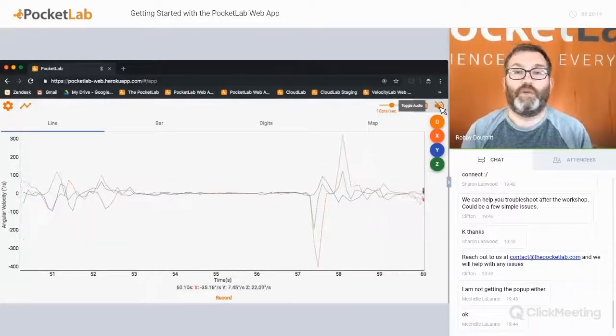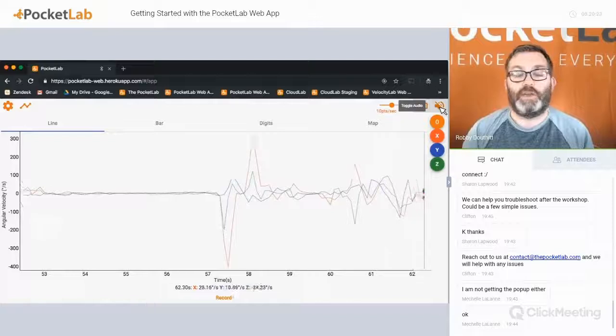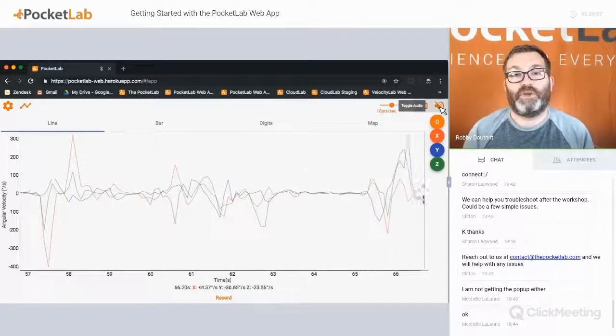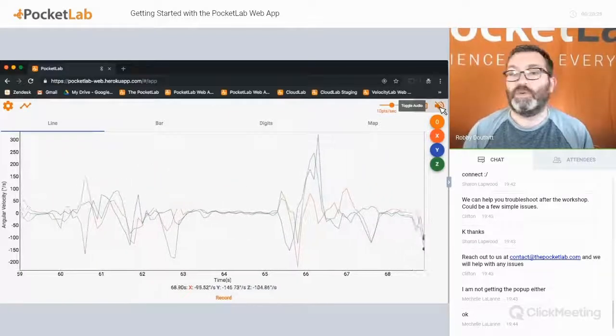It can be a really fun way to engage students in different types of experiments. So I recommend turning that on and playing around with different graphs to see what's fun and interesting with